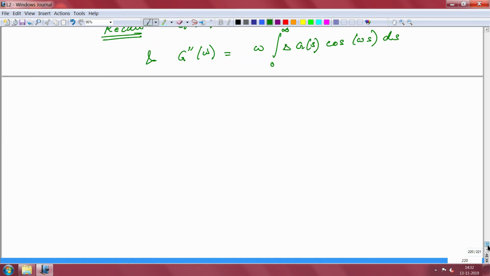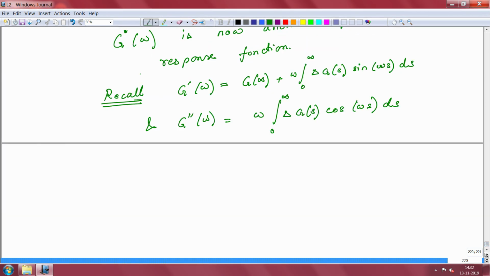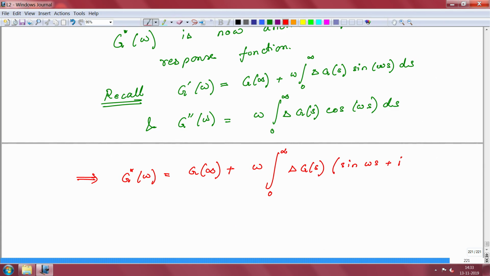So, now if we use these expressions, this implies that my complex modulus is nothing but G infinity plus, now I can add these two integrals. So, omega is common to both the integrals, they go from 0 to infinity, and you have the function delta G s that is common to both, and this is going to be sine omega s plus I times of cosine omega s ds,